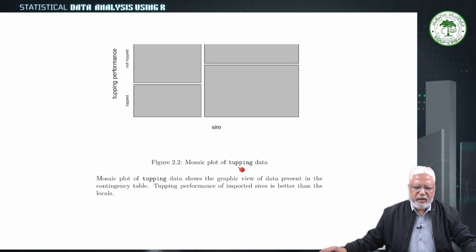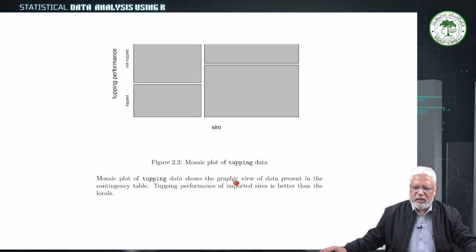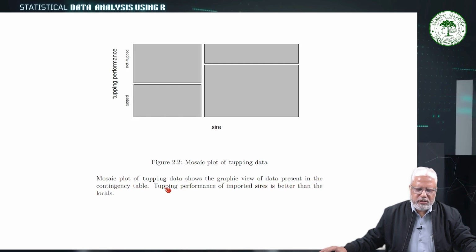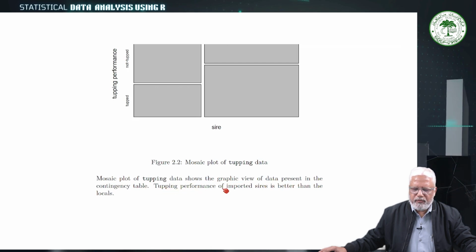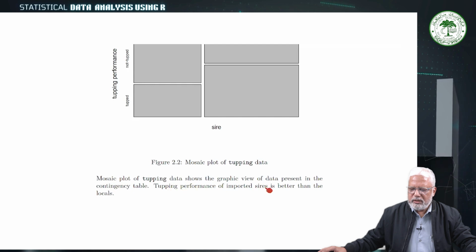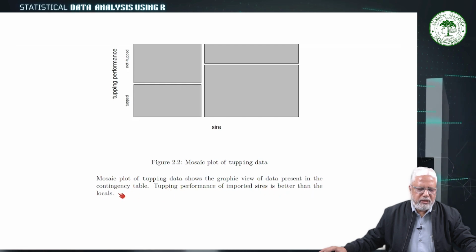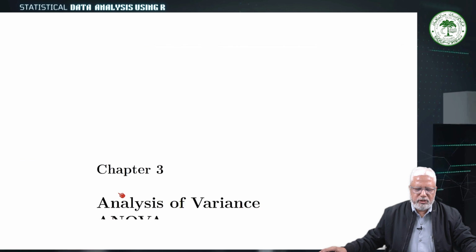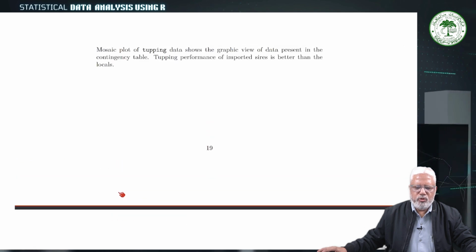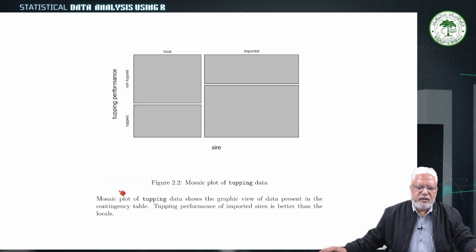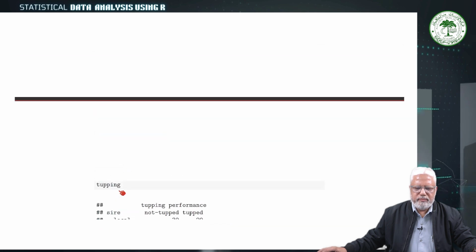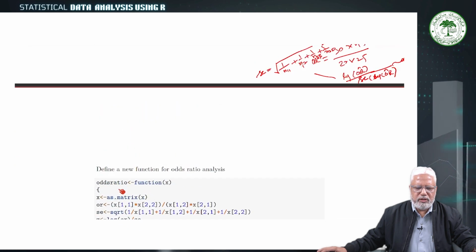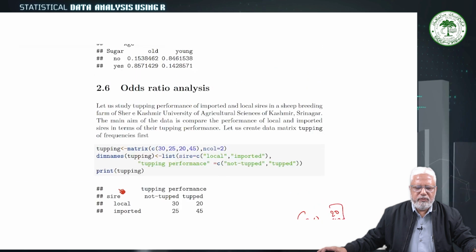Mosaic plot of topping data shows the graphic view of the data present in the contingency table. Topping performance of imported sires is better than the locals. It is 2.7 times more for imported sire as compared to local. Now if we go into